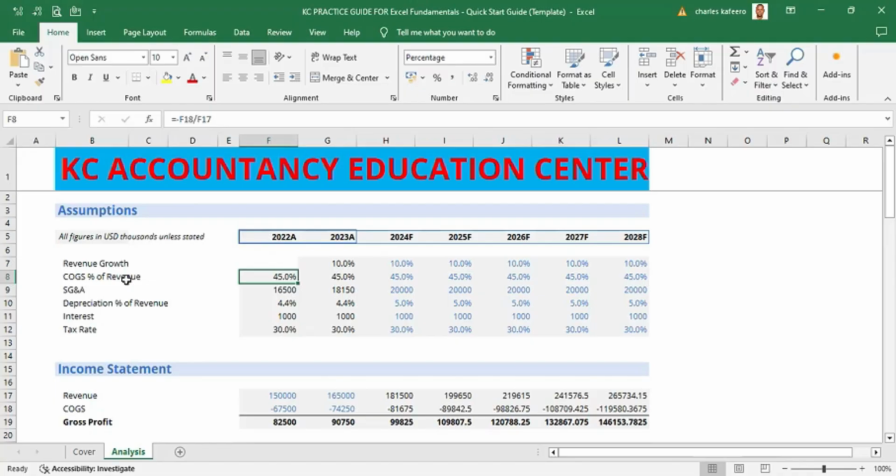But now let's pretend that we are going to audit that same formula, because the formula is already known: cost of goods sold as a percentage of revenue. Let's pretend that we want to audit that formula. We want to find out whether this person, to get that answer, actually went through that same formula they gave us. Now, one of the first ways that we could audit is just to